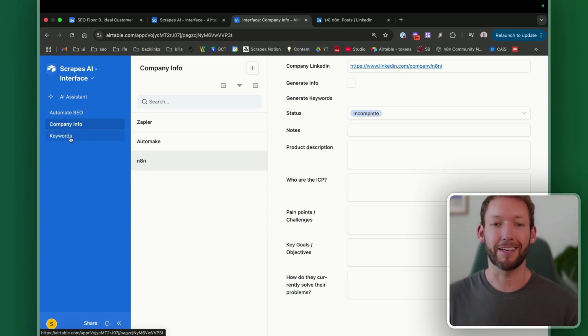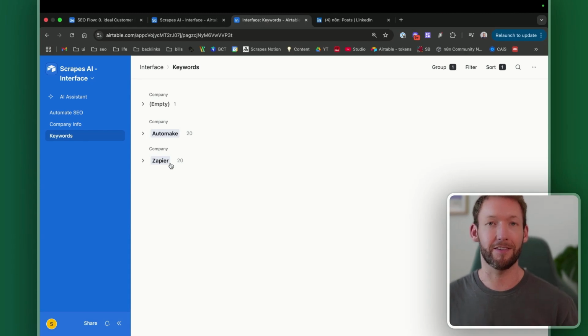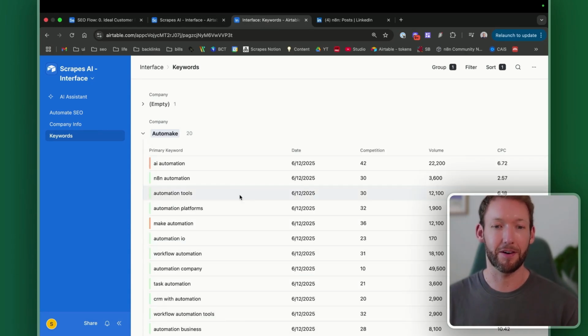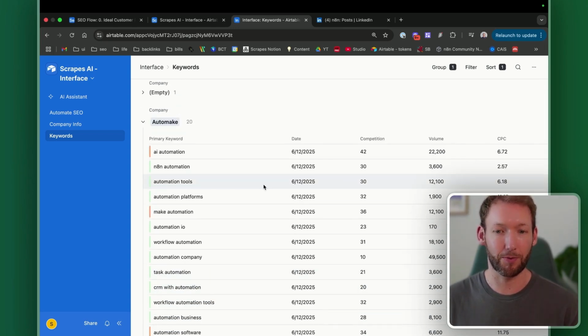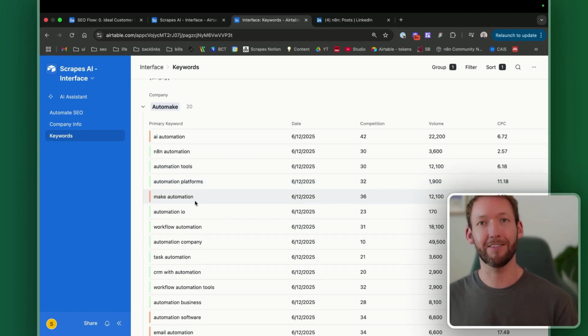We've then got a keyword sheet here, and you can see that this has auto collapsed all the information per company. But you can see for Automake and Zapier here, Automake is my own agency, we've got 20 keywords that we are ranking for at the moment. And we pull that information from DataForSEO, which we'll talk about how to connect all this up in a moment. But you can see if you're managing multiple companies, then you have these really nice, easy to use interfaces